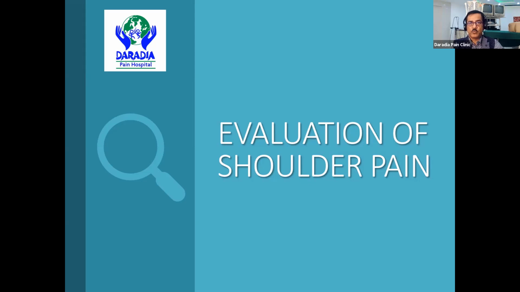And after that, we have another very important step. What is that? That is your diagnostic interventions. So after all these things, you still might have some doubts about where the source of the pain is. And to clarify it, you just inject local anesthetic into that structure or into the nerve supplying that structure, and see how much pain relief there is. And that can be a confirmatory test in many situations. And that completes our whole evaluation process. But we'll be restricting only up to the clinical examination part, up to the special tests.